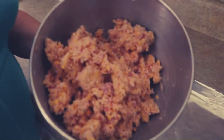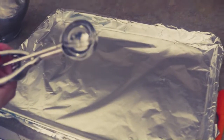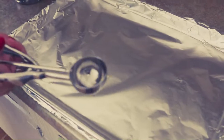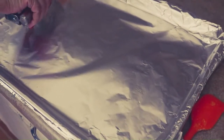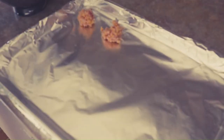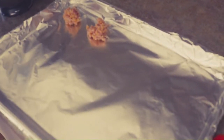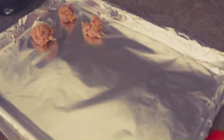All right, so I let that go for a couple minutes until we got a nice homogeneous mixture. See? It's nice and even all the way through. And I've got a baking sheet that I lined with some foil. This is the best way to do this. I like using a scooper or a disher when I'm making things that are going to bake, because if you have everything the same size, they will bake evenly. Everybody cooks all the way through, everybody gets the same amount of browning,